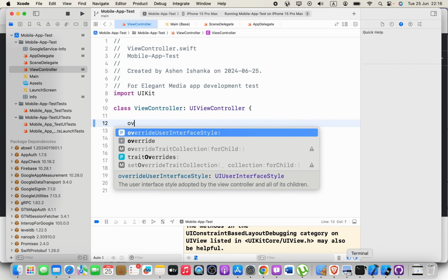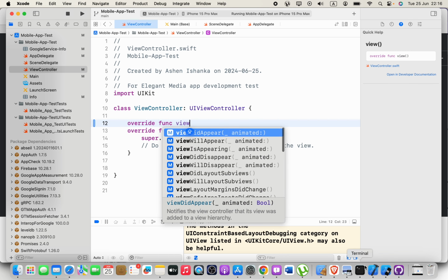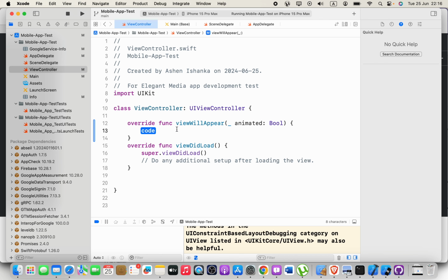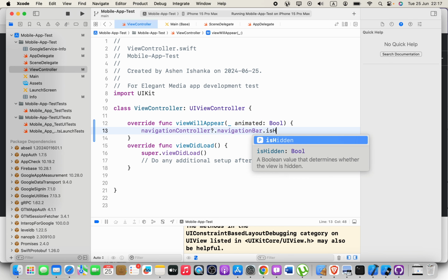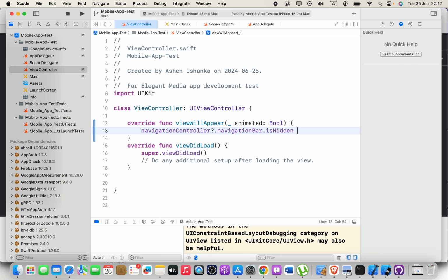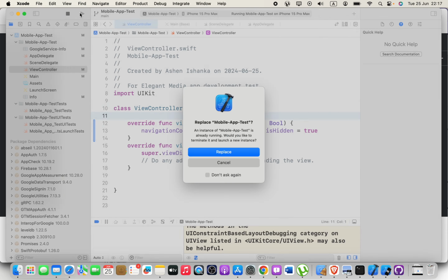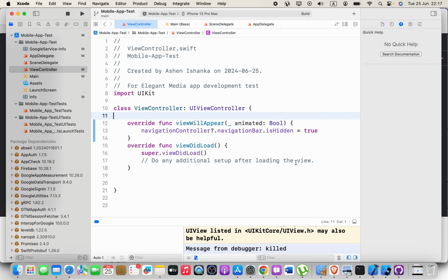Here you have to say override func, and let's go for viewWillAppear. So once the view is going to appear, I'm going to go ahead and say navigationController.navigationBar.isHidden = true. Now if we go ahead and run this, you will see the navigation bar will be hidden, but the problem is